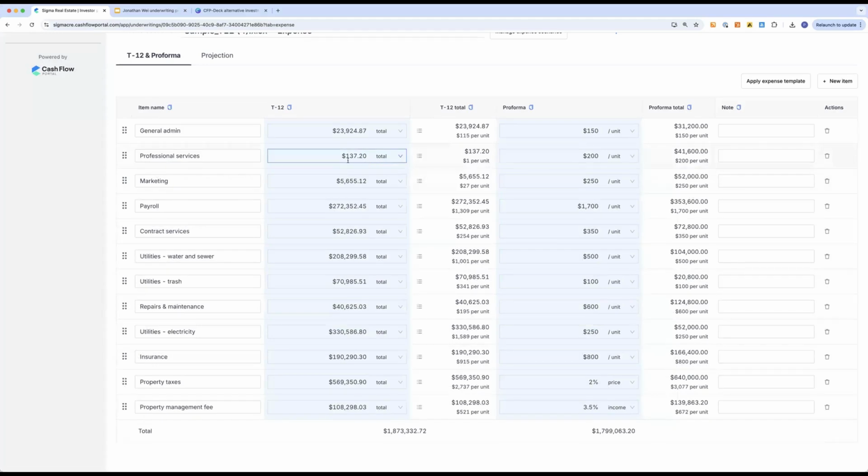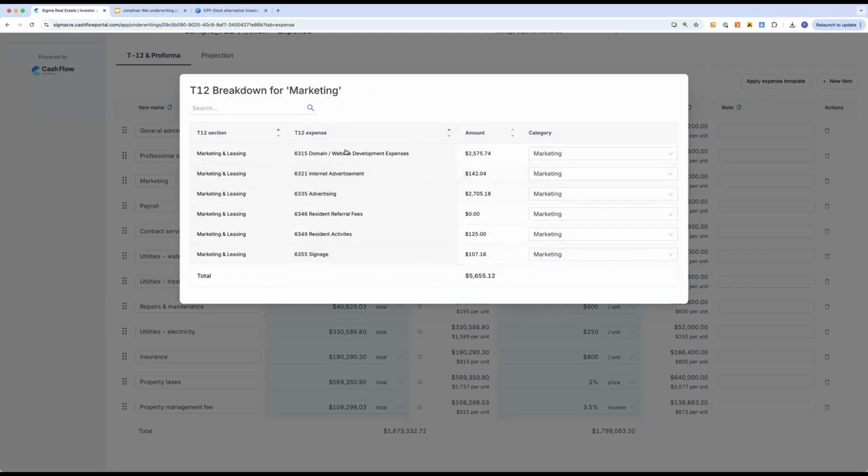So if you don't want to classify it, you actually don't have to classify it. The marketing, you see here, this is my marketing budget. This is my T12 marketing. And that's all correct. That's cool. And you can actually sort them and see, like, hey, it does seem like they spend quite a bit of money on marketing. They spend a lot of money on website development.